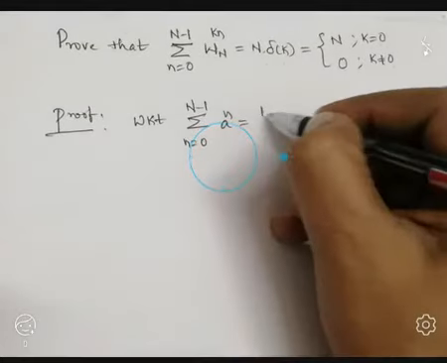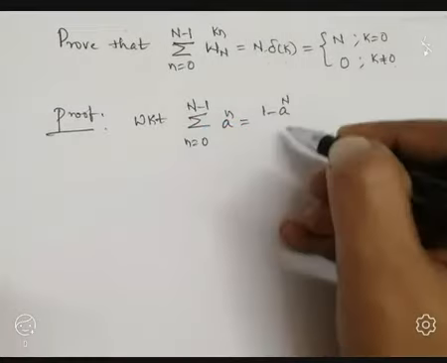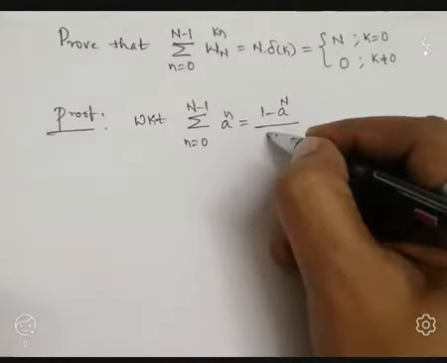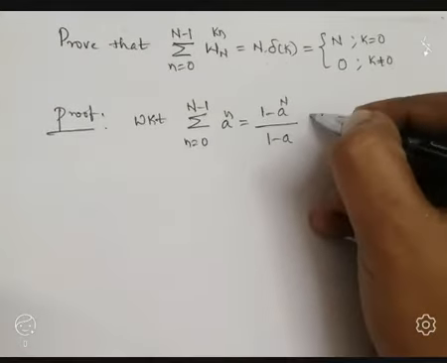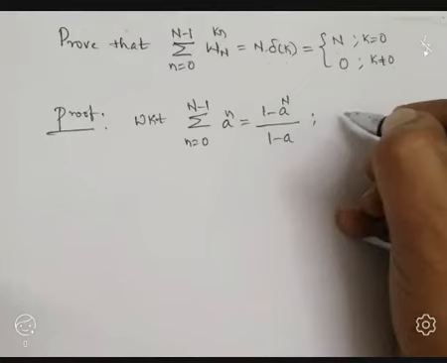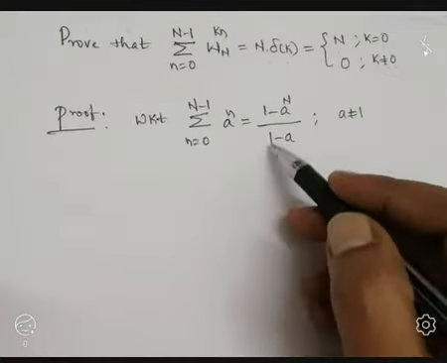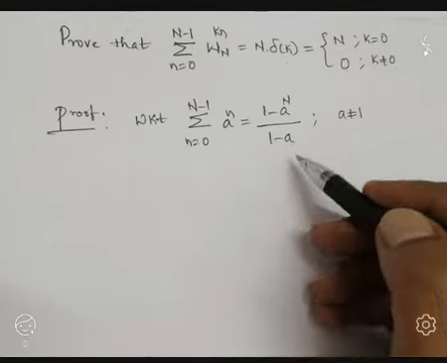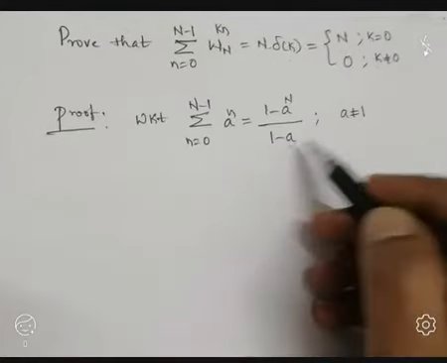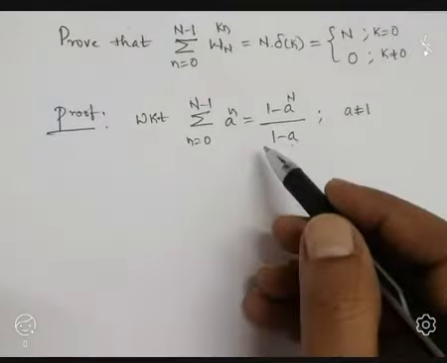1 minus a to the power capital N divided by 1 minus a, where the value of a is not equal to 1. If the value of a is equal to 1, it becomes infinity: 1 minus 1 is 0, and anything by 0 is infinity. So because of that reason, a is not equal to 1. So by using this summation formula, let us prove the above